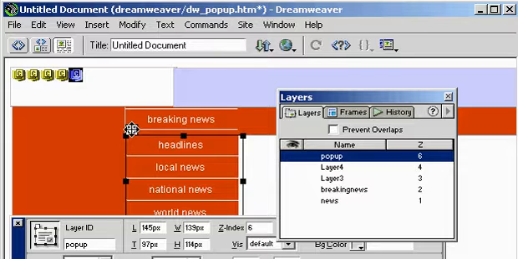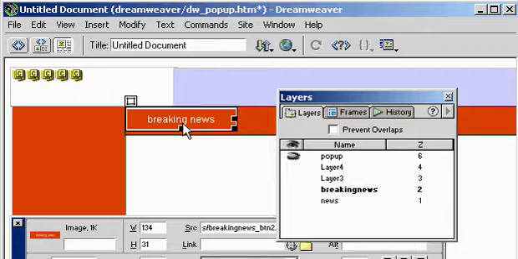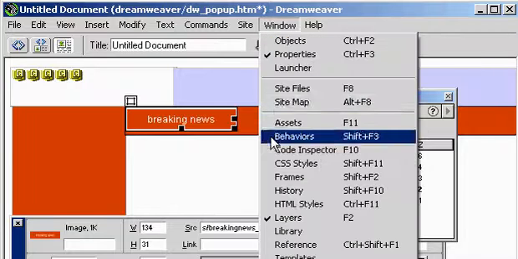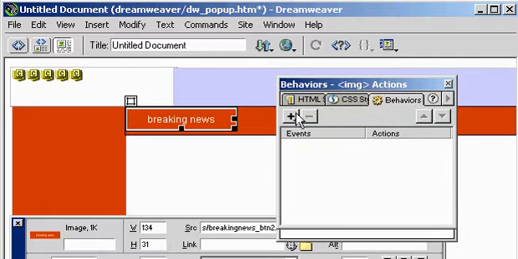So to hide a layer, an option for hiding a layer appears on your Layers panel. Notice I have an I column. If you want to hide a layer, you can click in the I column and it will now temporarily hide that layer. If we select our original image inside of our Breaking News layer, all we need to do now is access our Behaviors panel, Window, Behaviors, and we're going to access the Show Hide Layer behavior to create our